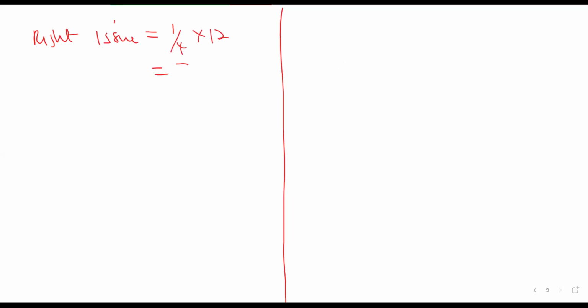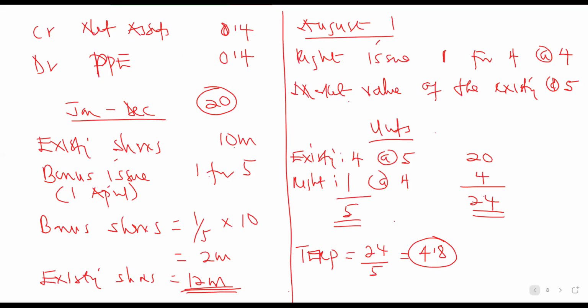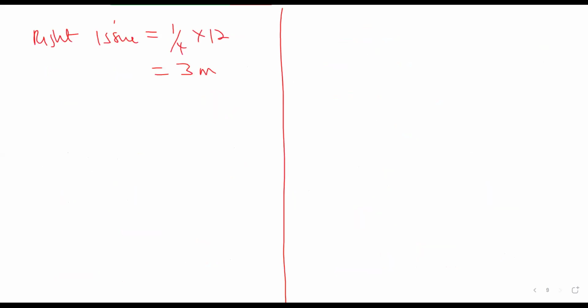3 million. You see, out of these 3 million, a certain number of shares are for full market value, and a certain number of them are for a bonus issue. So the shares should have been issued at 4.8, but we are issuing the shares at 4, which is the right issue price or the offer price. It means that these shares are issued at 0.8 bonus. So you can separate the full market value from the bonus issue. These shares will be issued at 4.8.